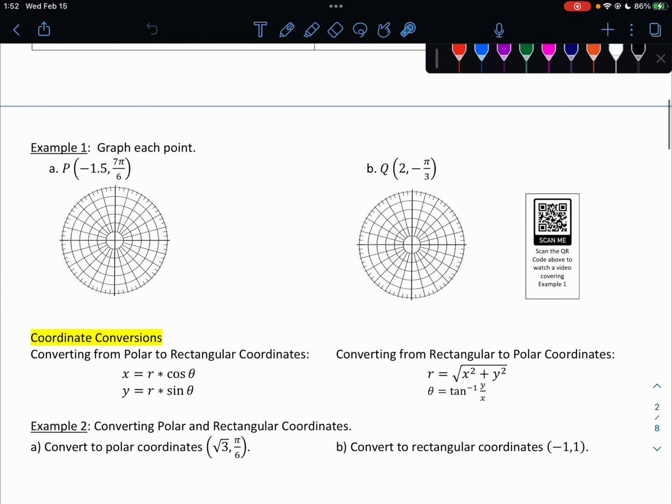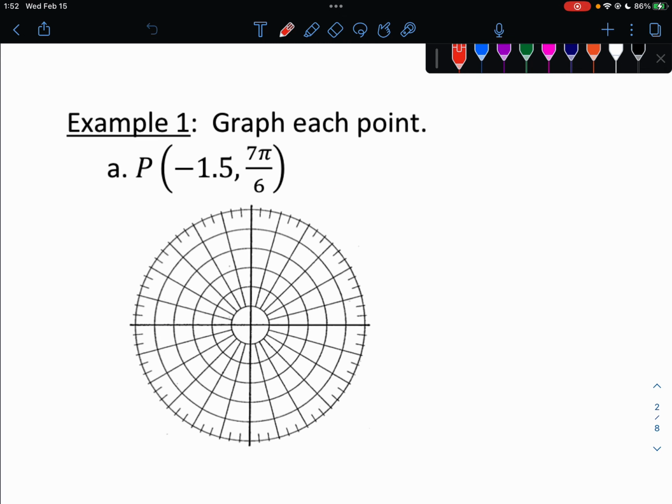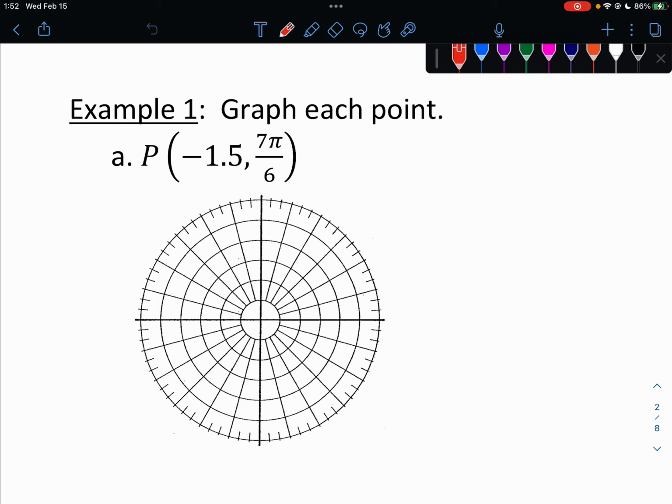So let's start with a couple quick examples. To plot a point, so negative 1.5 comma 7 pi over 6. So again, I usually do theta first. 7 pi over 6 would be this angle right there. Okay. And then